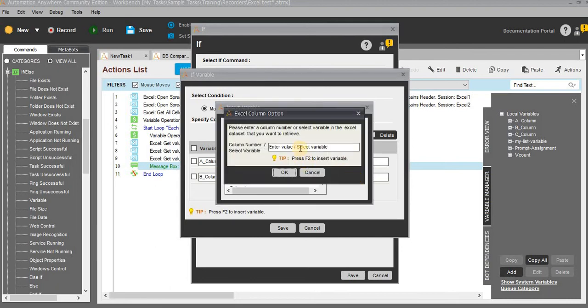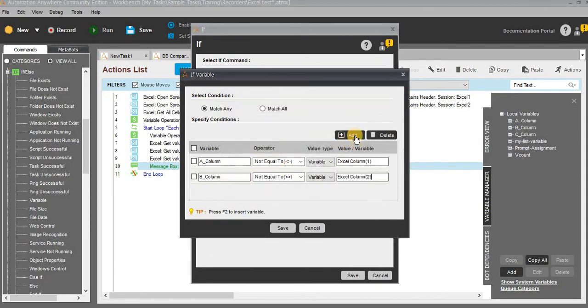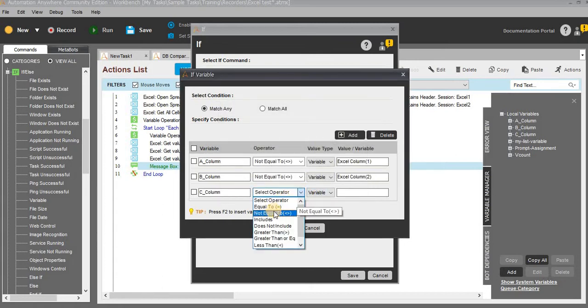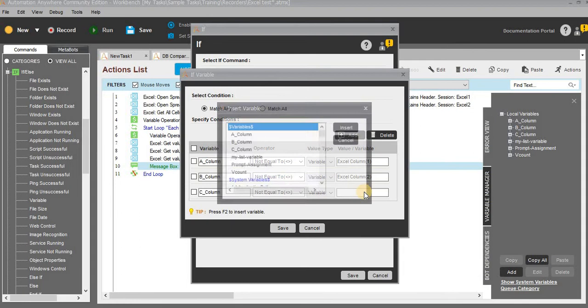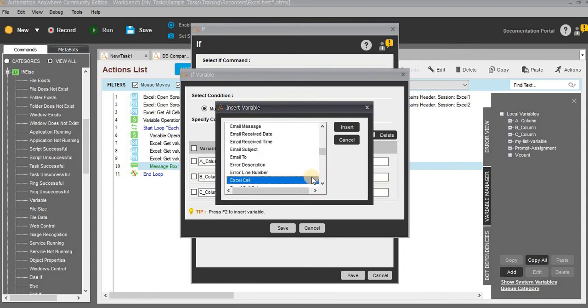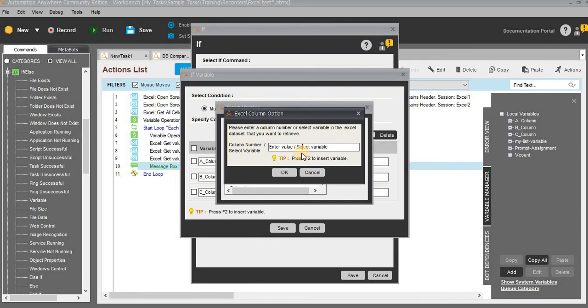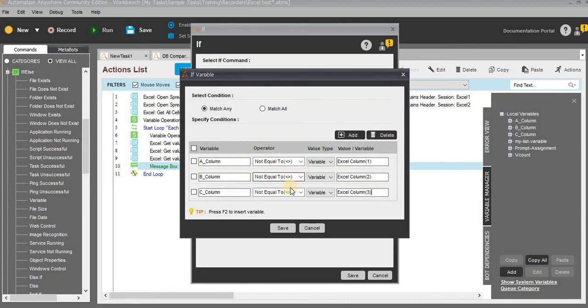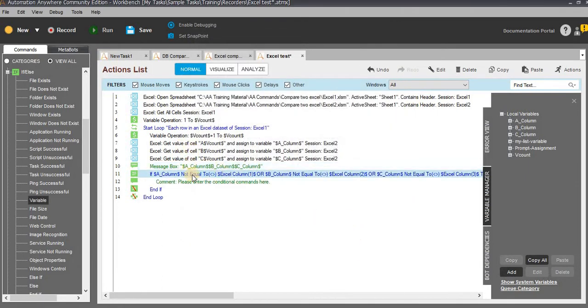So the Excel column 1 refers to A column, 2 refers to B column. Very simple logic. C column, click on insert, not equals to, and this time Excel column 3. Very simple. Excel C column. Perfect. Just click on OK and save this one.